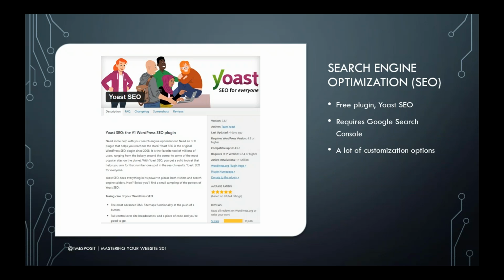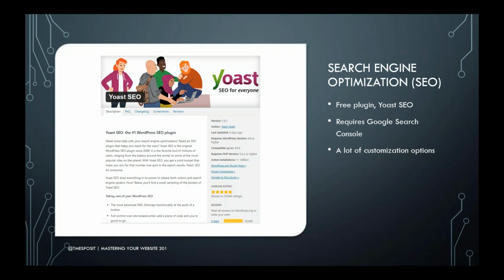So Yoast is very popular, and if you install this plugin, you need to have your Google account set up with the Google Search Console. So you set that stuff up in that website first, then you install this plugin. And once you have that plugin set up and configured, it will even show you in WordPress, oh, well, your Yoast rating is this. You can improve the readability on the site by doing these steps.